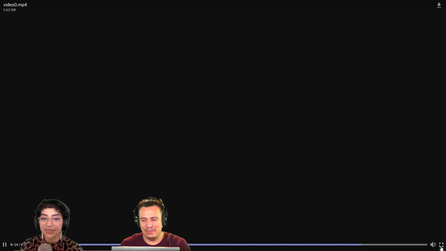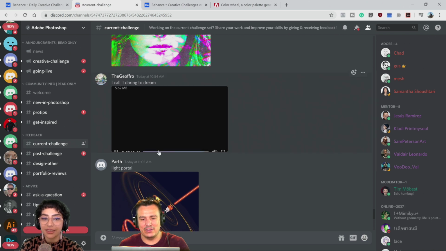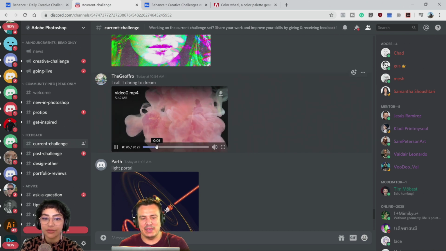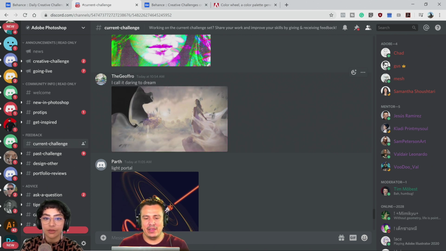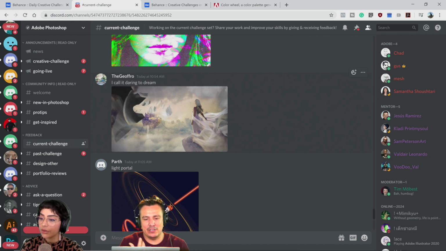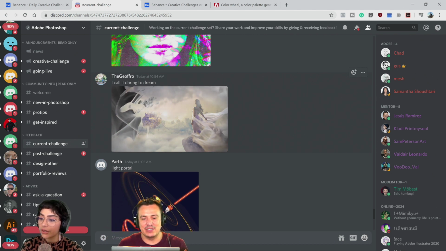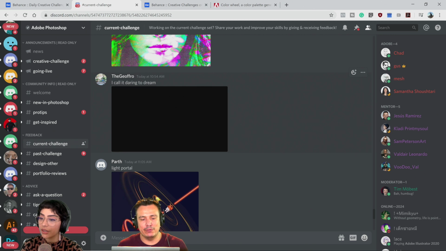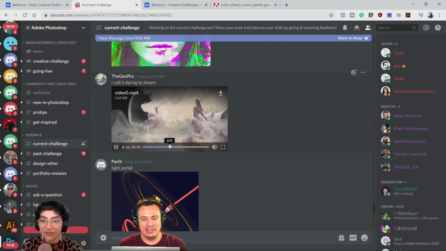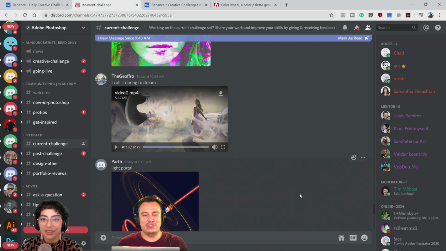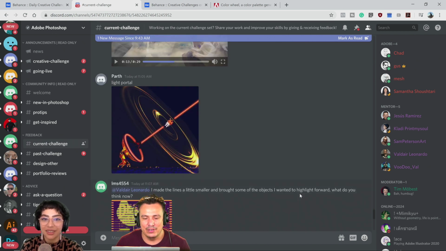Okay, so it looks like the animation is less than 30 seconds, but it's basically like a double exposure type of thing, where this liquid falls onto the screen and reveals a woman standing in front of a floating island, which I think looks great. I don't have a lot to comment on besides awesome work, awesome idea. So yeah, excellent job on that one.